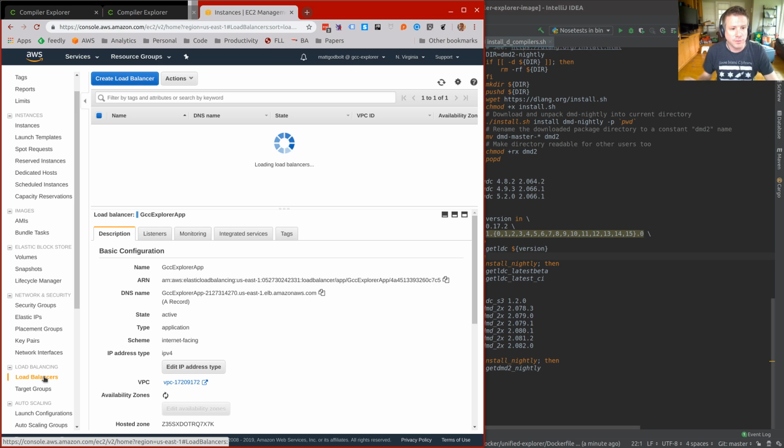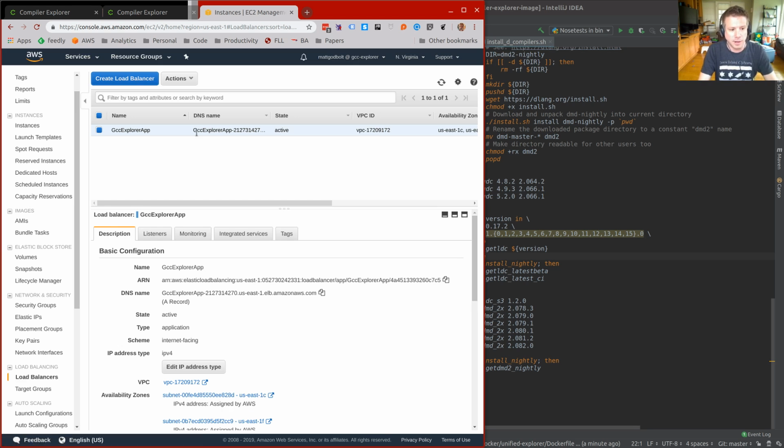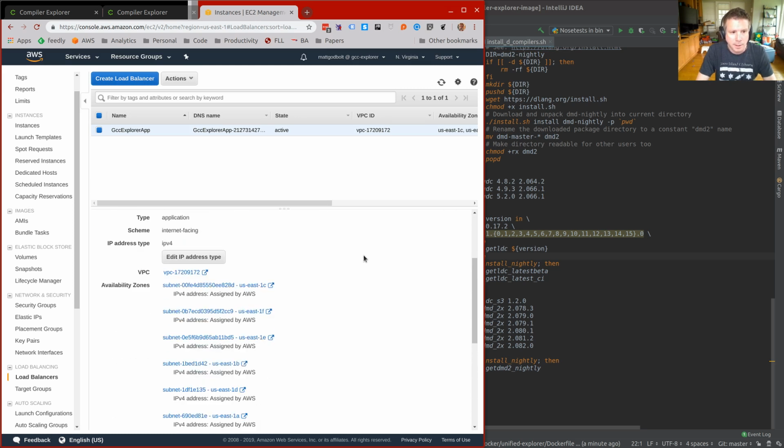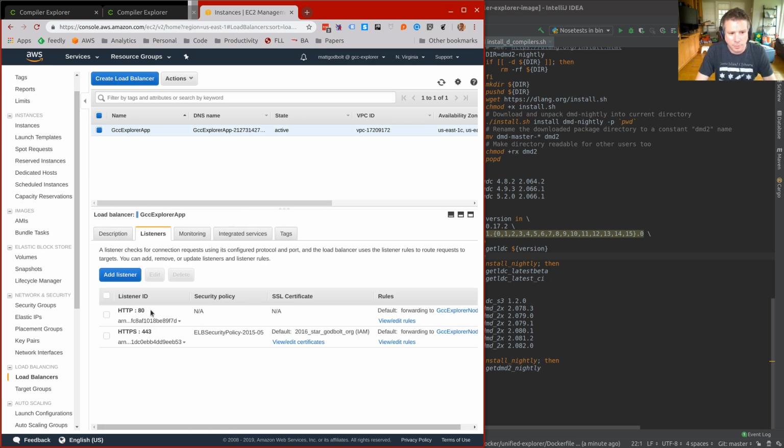Well, with few exceptions, it ends up hitting CloudFront first, which is a caching proxy that Amazon supplies, configured elsewhere, but a miss on the cache will get through to this load balancer, which is inappropriately called GCC Explorer app, but I'm not about to change that right now. And it has a listener on port 80 and port 443, although it should never actually get hit on port 80. The CloudFront layer in front will redirect all HTTP to HTTPS at the edge.